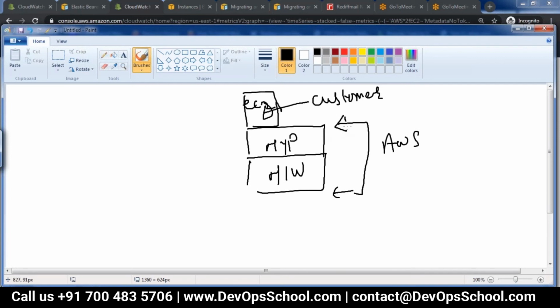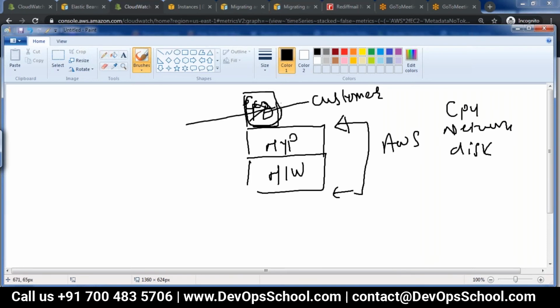Now, AWS will monitor whatever is possible at a hypervisor layer. So CPU, network, and disk IOs can be monitored from the hypervisor layer. But if you want to really monitor how much memory is consumed by a particular application, you'll have to put something inside EC2. So at a native level, CloudWatch will not do that. Keep this in mind.